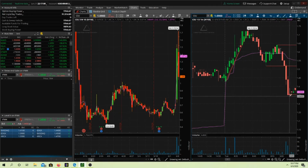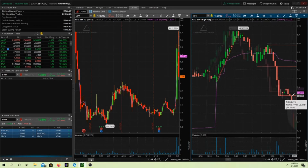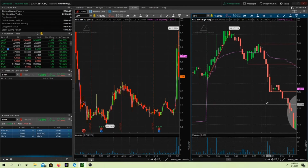People would be thinking this would be a good time to dip buy, and so we get a little bit of sellers and not enough buyers. So it creates a little hump, and it breaks that support level again. And so around here is where I buy at 127, and my risk was